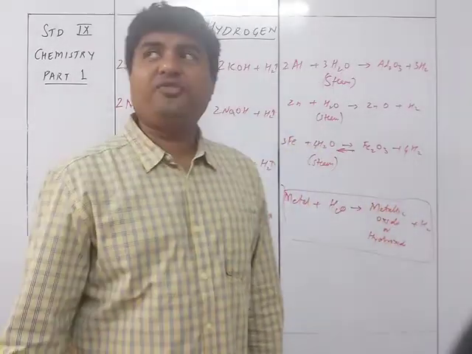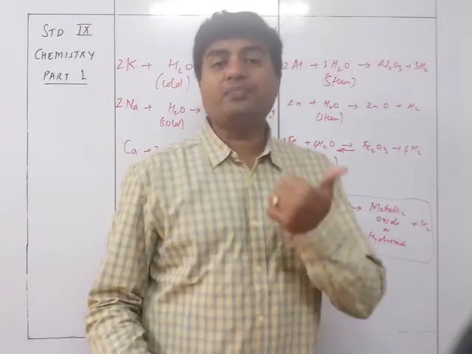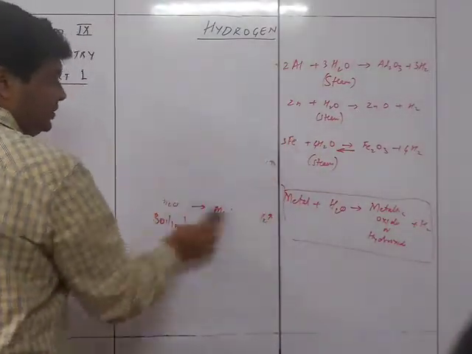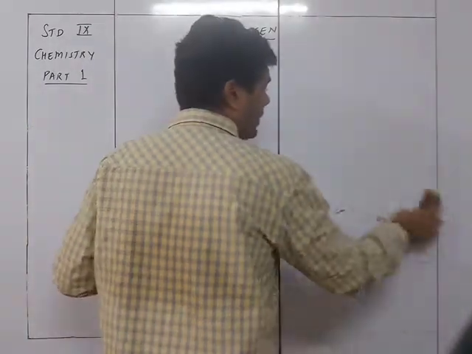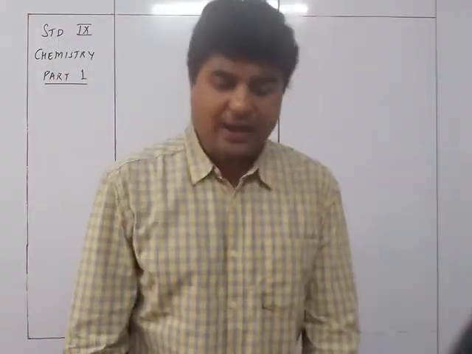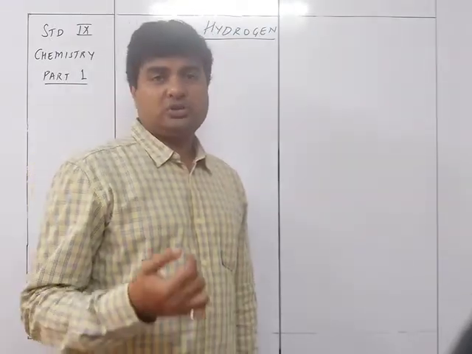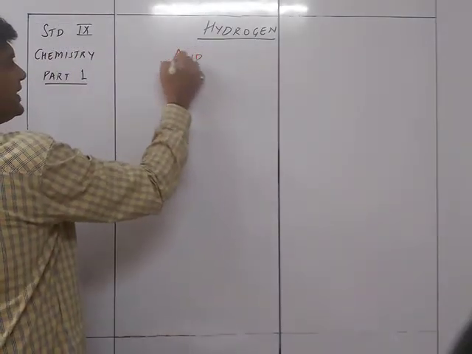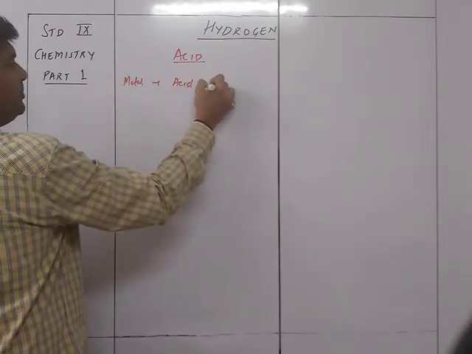The next thing we find is that hydrogen is available in acids. We very well know that all the acids contain hydrogen. So let's see what hydrogen is there in each and every acid. How can we displace the hydrogen from the acid and generate hydrogen? The first thing again, we are going to use metal plus acid. So it will be from acids. In case of acid, you have metal plus acid will give me salt